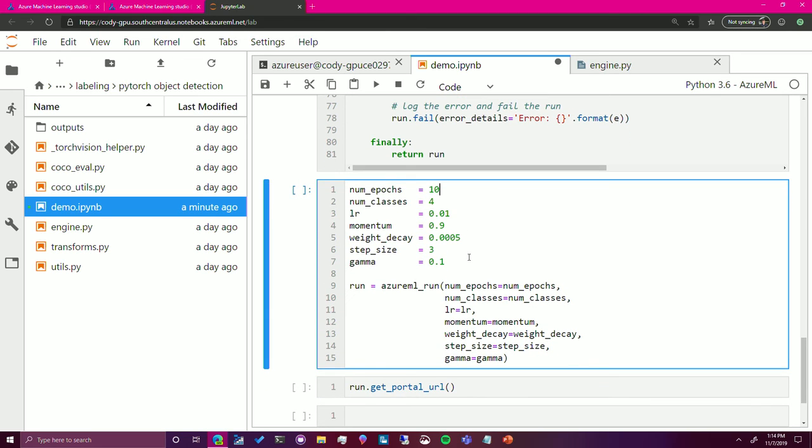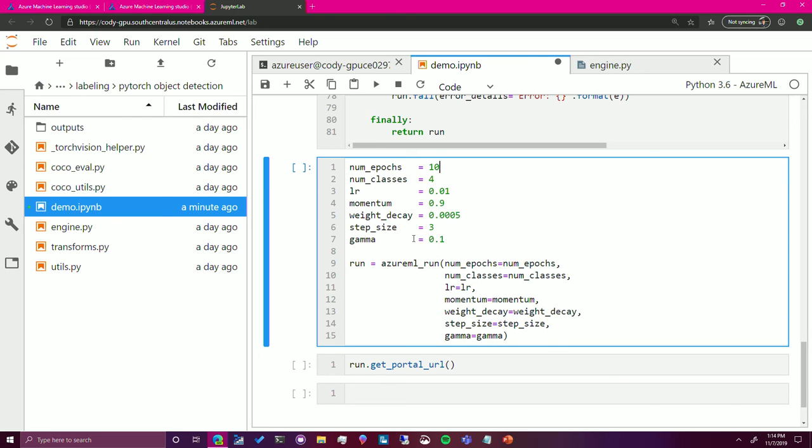So once I run this, this will kick off the job, and we can see the results of the training in the Machine Learning Studio. I don't think this will actually run because of the connection issues we're reaching, but we'll go check it out in the studio in a second.